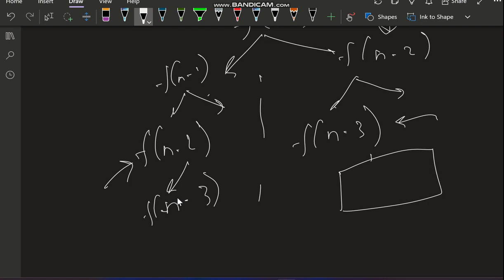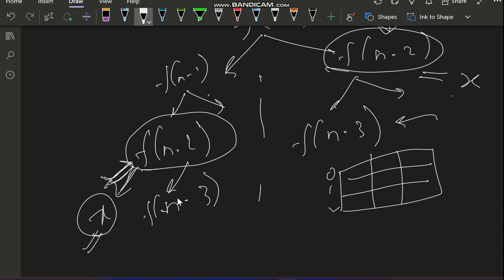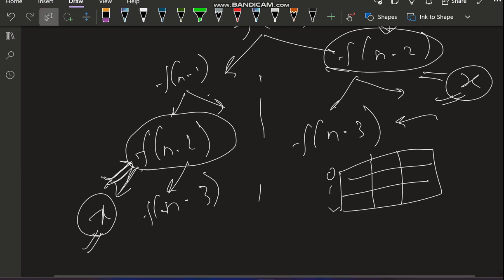It can be a 2D array or a 1D array, depending on the question. We make the array and store the result for each and every case, so that we skip the repetitive work. If I get the answer for f of n minus 2 as x and store it, then here I can simply return x. We do not have to repeat the same calculation. So this is what memoization is. We make an array and store the result for each and every value, and that's what I'm doing here.